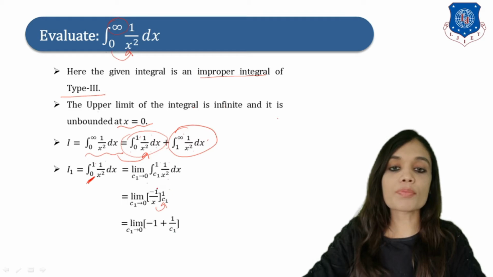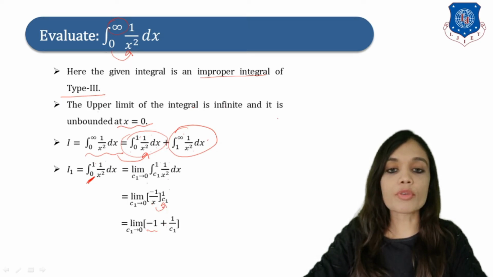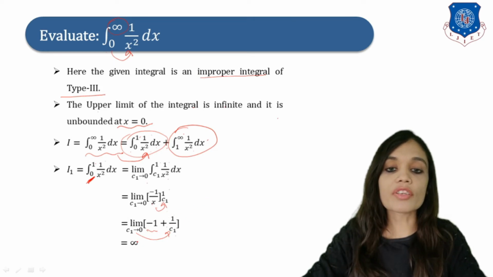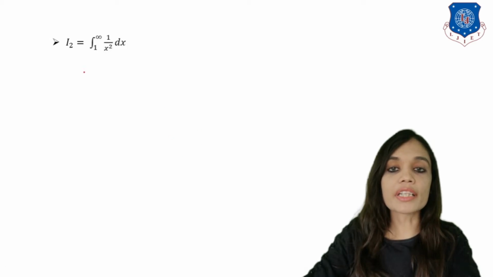Okay, so now let us put the limits of integration. If you put 1 in place of x, the resultant answer will be -1, plus if you put c1, then it will be 1 upon c1, right? Now suppose if you put the limit, then here 1 upon c1 will go to infinity, right? So the resulting answer of I1 is infinity, right? Now we have to evaluate this integral and we'll assume it as I2, that is equals to